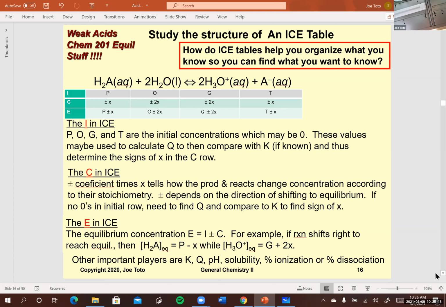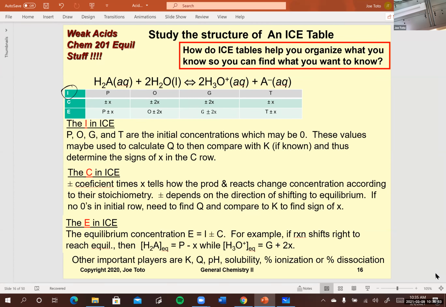So you have the initial amounts, which sometimes are given in a problem, or you have to assume that they're zeros if they're not given, or you have to calculate them like you're doing in the equilibrium lab right now. You take the volume times the density divided by the molar mass, and that gives you the moles. You divide it by the total volume, you have its concentration, and that's how you can calculate these initial values. And then next in the ICE table